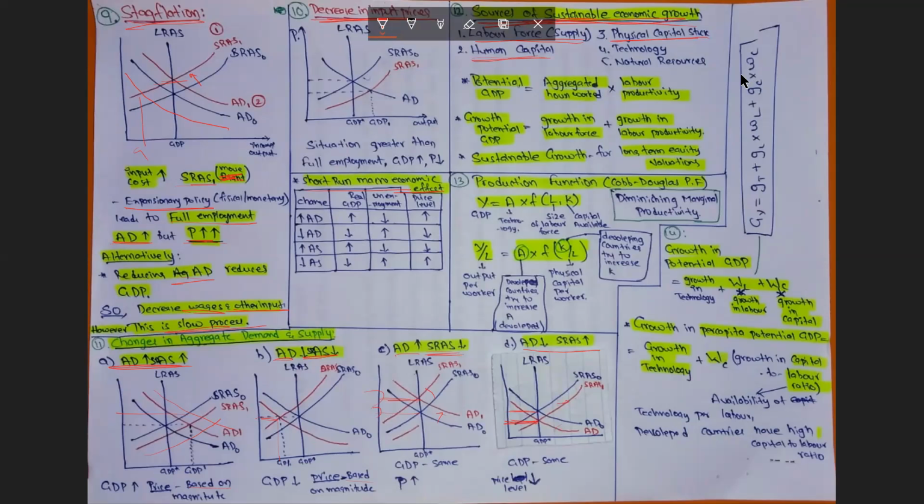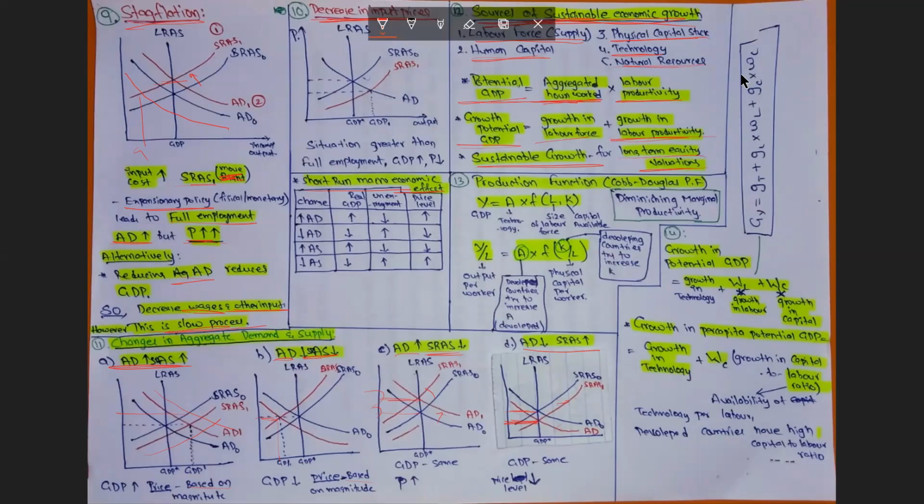So it will also improve the economic growth, and technology has a huge impact on economic growth, and natural resources too. When the country possesses high natural resources, then it can have good growth. So potential GDP depends upon both the hours the employees can work as well as the productivity of the laborer. That means in an hour how productive he can be. So the growth potential of GDP is growth in labor force plus growth in labor productivity. The sustainable growth is what we use for long-term valuation, that is the growth factor in equity valuation.